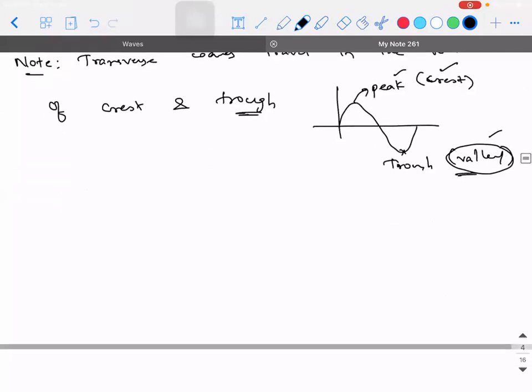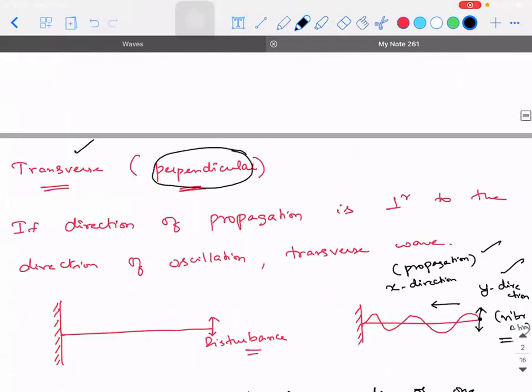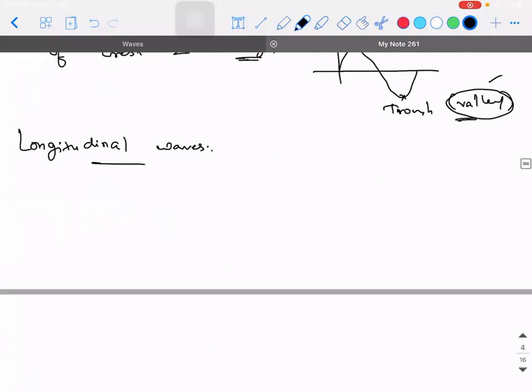Shall I move on to the next one? So the counterpart to this is longitudinal waves. On the contrary, transverse means perpendicular. Perpendicular means you should take the angle between which two parameters: the direction of propagation and the direction of vibration. You need to take the consideration between these two. So longitudinal, if you take the first four letters, is like length. When I talk about length, it is going to be parallel. Are you able to understand?